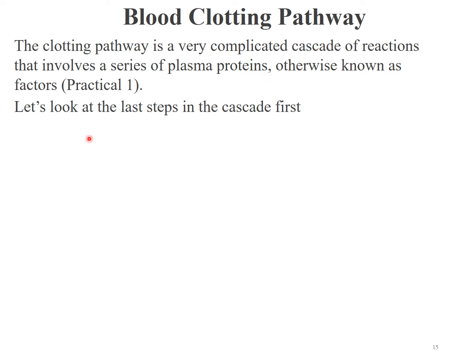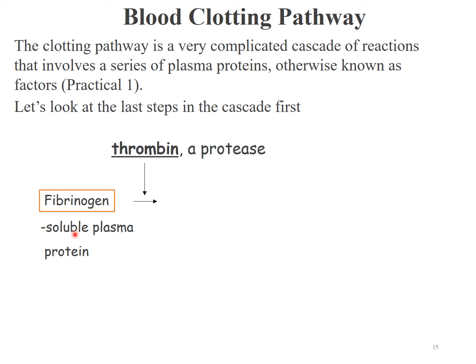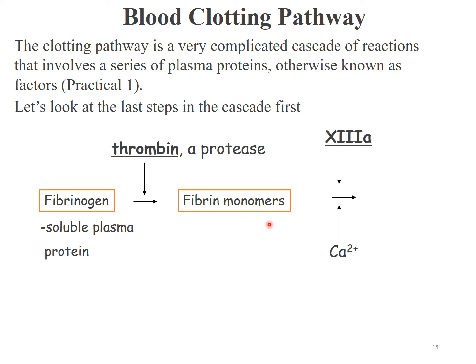And let's look at the last step of the cascade first. So in our blood, we have the soluble plasma protein, fibrinogen. Then with the help from thrombin, which is a protease, the fibrinogen is converted into the insoluble fibrin monomers. But eventually, these fibrin monomers will be assembled into the fibrin polymer with the presence of factor number 8 and